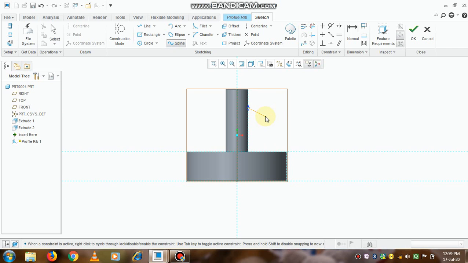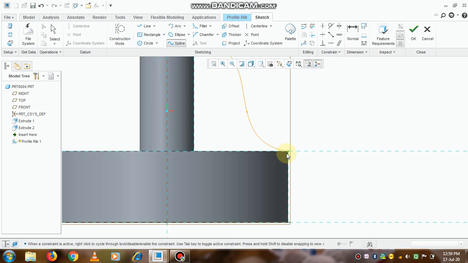So just for our visual purpose I am adjusting the zoom in, zoom out. Now we'll create one good profile.